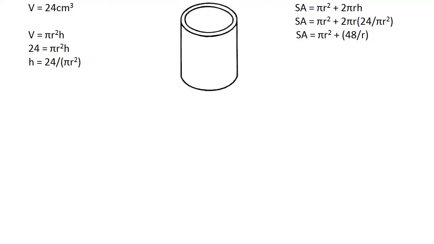So in this, what you can do is that 2 pi r, so you combine these together, but since you're multiplying these two fractions, the pi r on the top and bottom